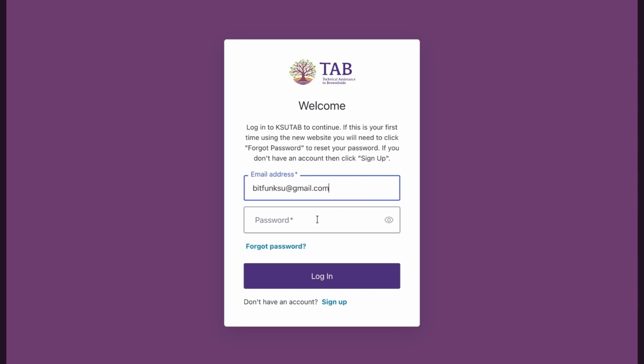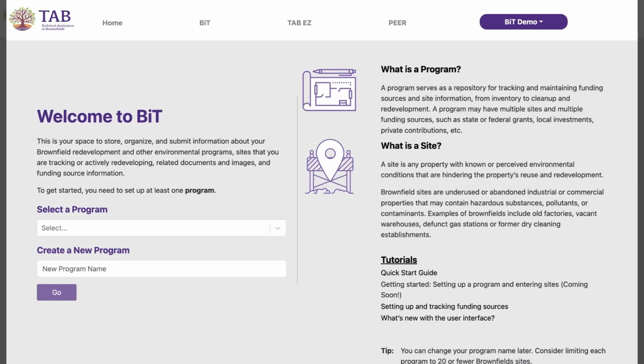You must have a BiT account in order to access BiT. BiT accounts are free, and if you do not have one, you can sign up for one easily by clicking Sign Up here on the bottom of your screen. Upon login, you are directed to the BiT homepage, which provides useful tips for using the tool, setting up a